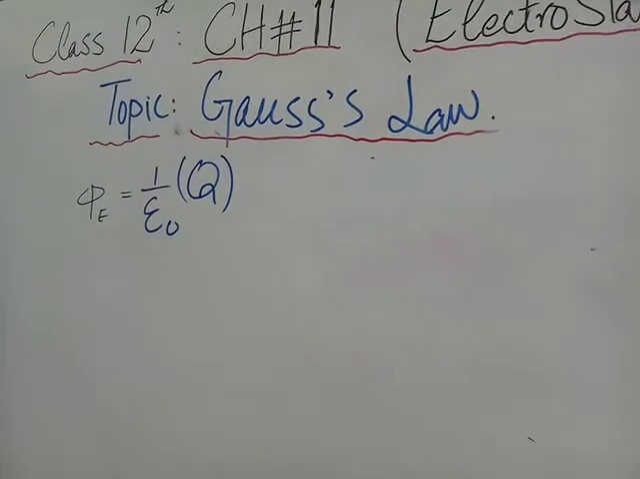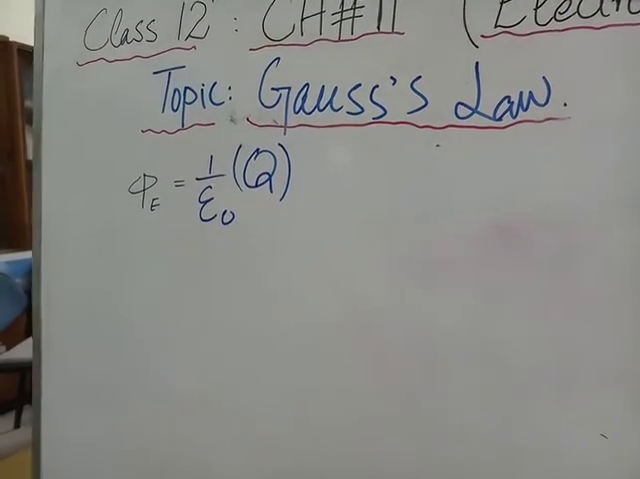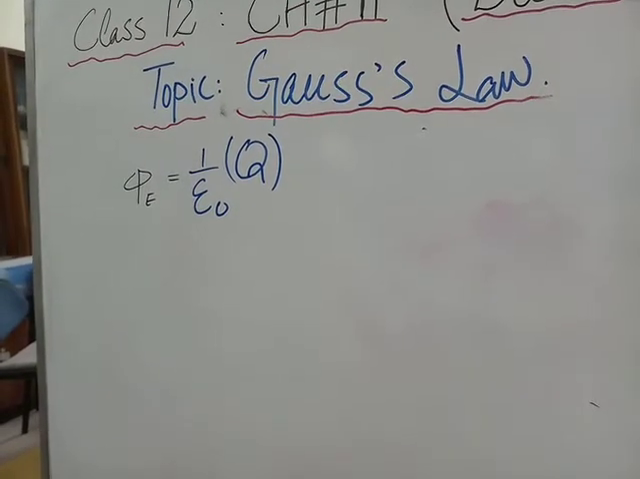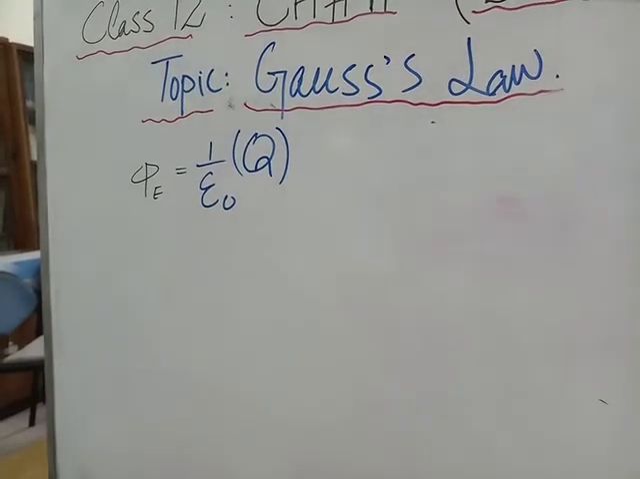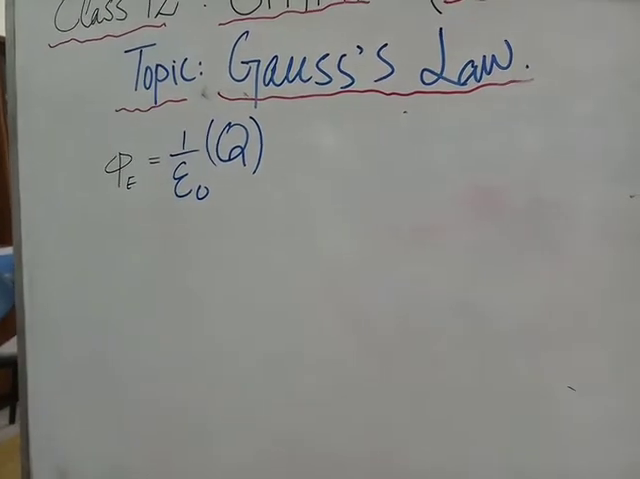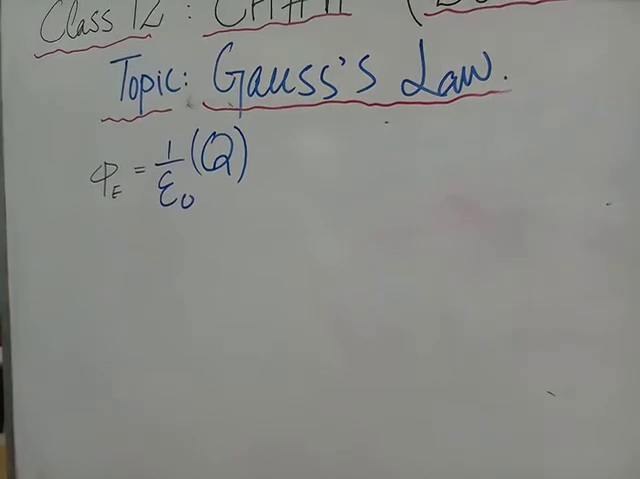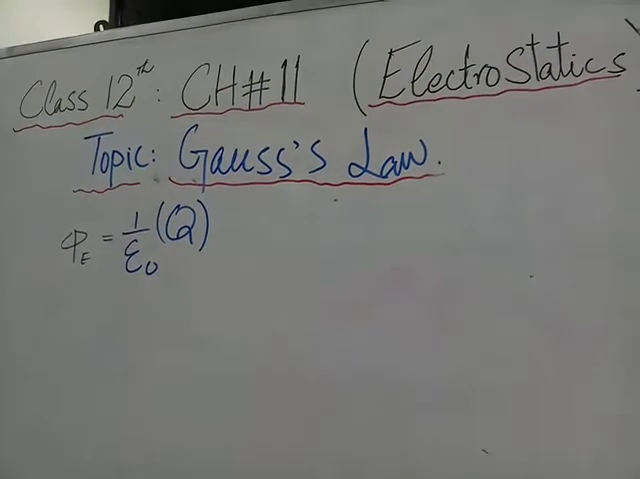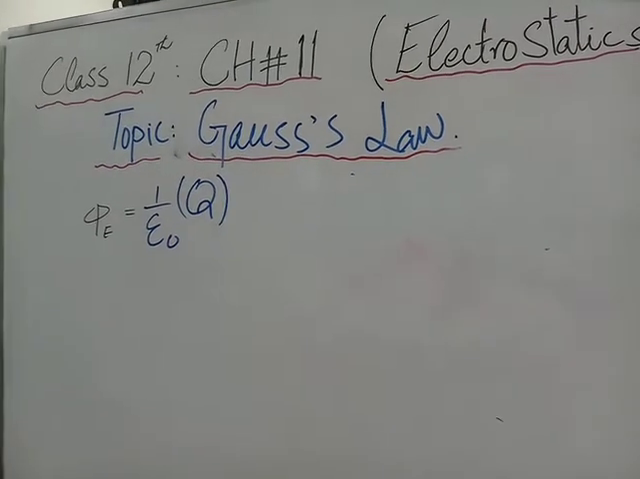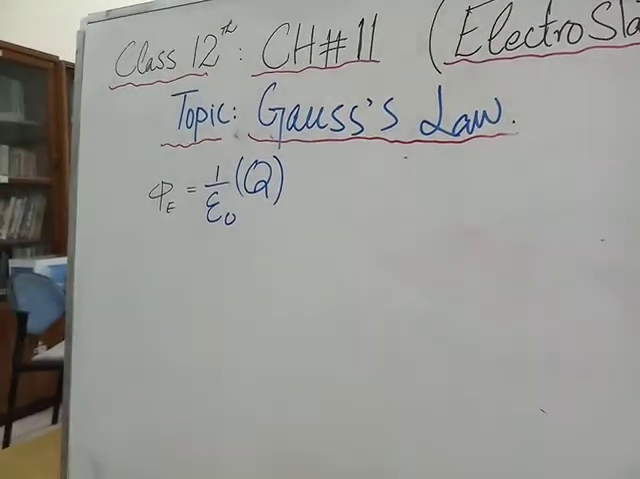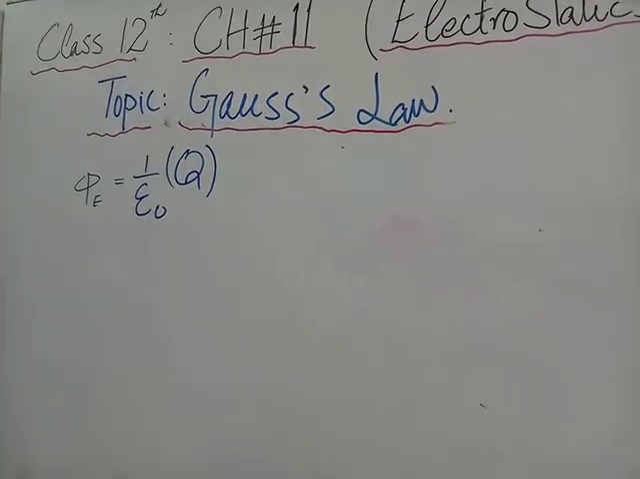Before this, we could find the electric field by using Coulomb's law, but this is an alternative method to calculate the electric field for a given charge which is distributed over a surface, and this law is called Gauss's law. So for Gauss's law,